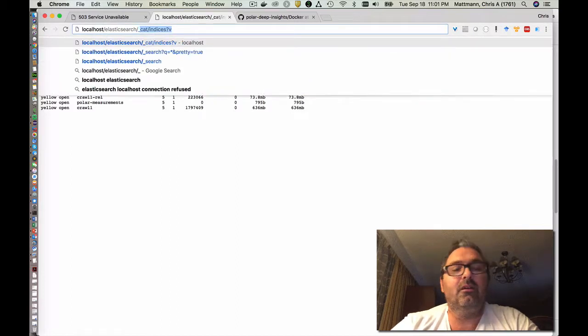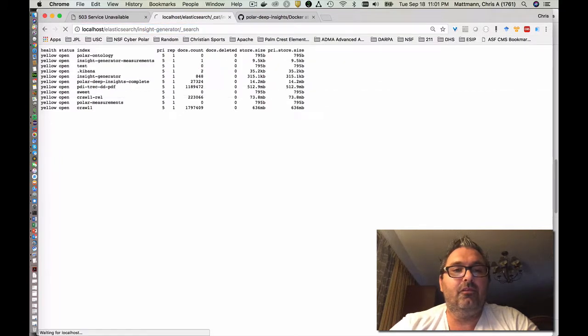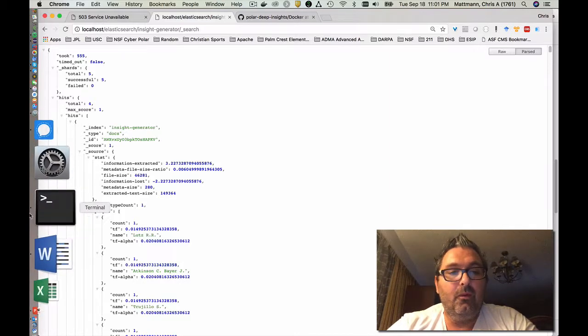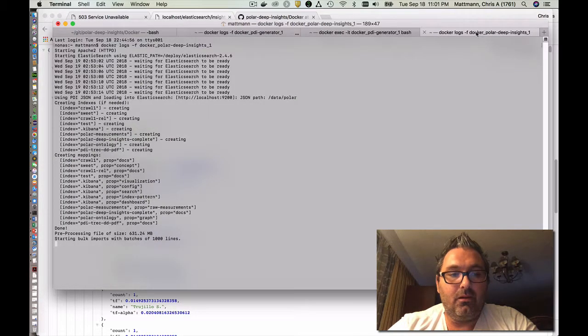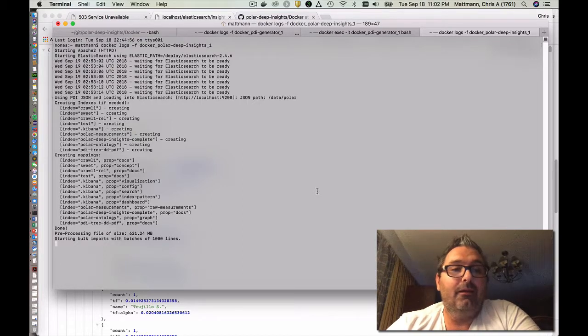One easy way to check on that is to go to insight generator and then just simply do a search. Okay, looks like we have our 4 documents that have been generated. So it looks like the PDI extraction pipeline is done. So we're going to go ahead and leave that there, and let's take a look at where our Insight visualizer is. So it looks like it's still working on importing the Elasticsearch data from the Trek Polar dataset from polar.usc.edu,